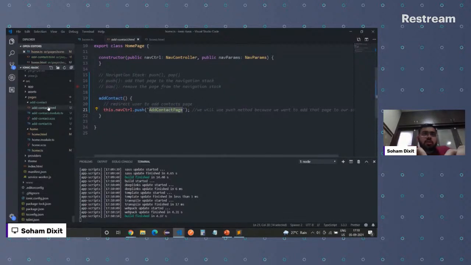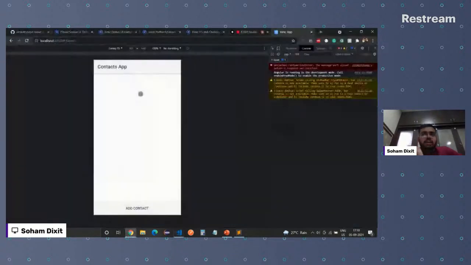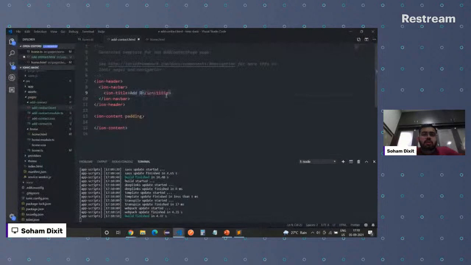Now, on the title we have right now Contacts App. When the user clicks on add contact, we want to show something like Add New Contact on the title.